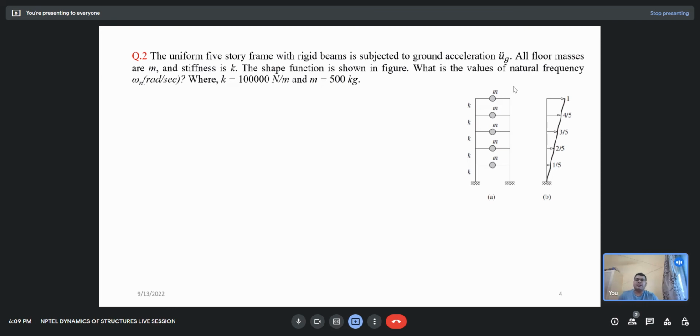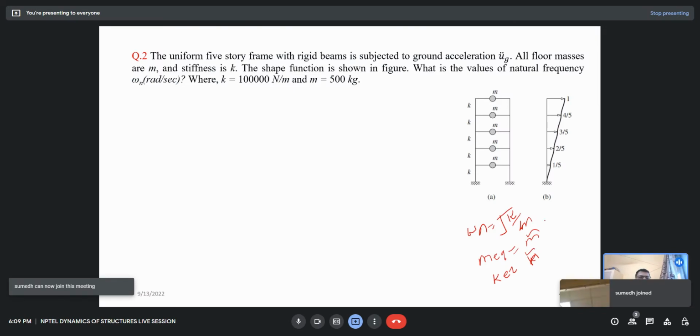So this is a kind of lumped mass system. For the lumped mass system, we first need to find m equivalent and k equivalent. Then if we know m equivalent and k equivalent, what will be my frequency? That will be omega n equal to square root of k by m. Okay, so for determining the m equivalent and k equivalent, or say m dash and k dash, I first require